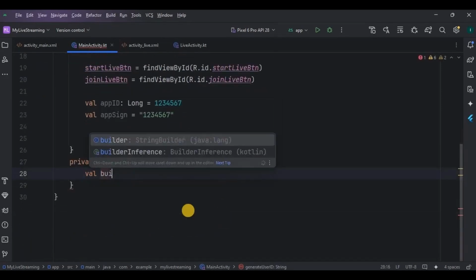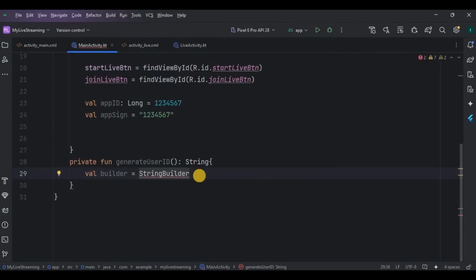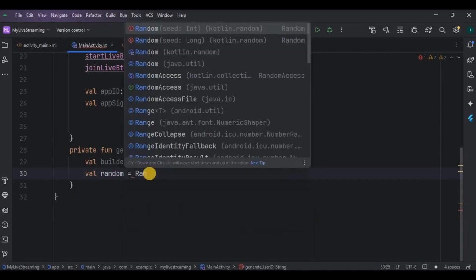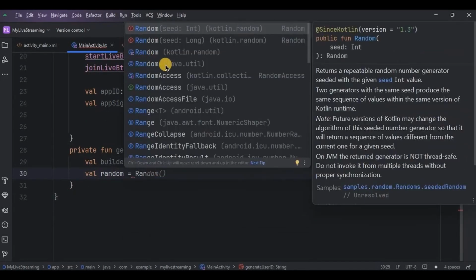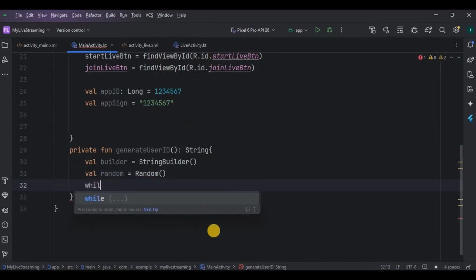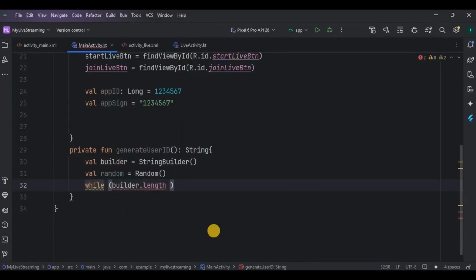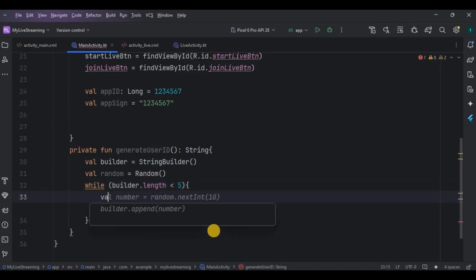Then inside it, initialize the string builder object. It will build the user ID as a sequence of characters. Then create the random object to generate random numbers. And done. Then, while the builder length is less than 5, which means the loop runs until the length of the builder string reaches 5 characters. So first, create a next int 10 inside the loop, which means a random integer between 0 and 9 will